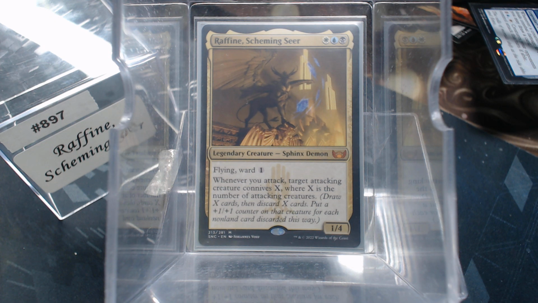So only one of your attacking creatures is going to connive, but they're going to connive a number equal to the number of attackers that you have. So if you attack with 3, you get to connive 3. So you're drawing and discarding. Can't hurt, right? Well,